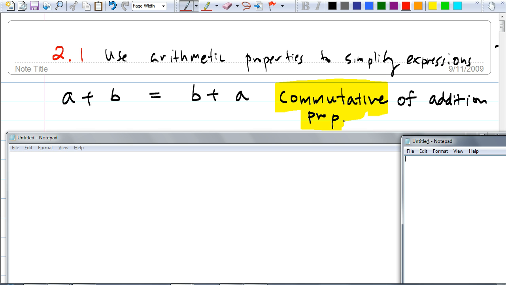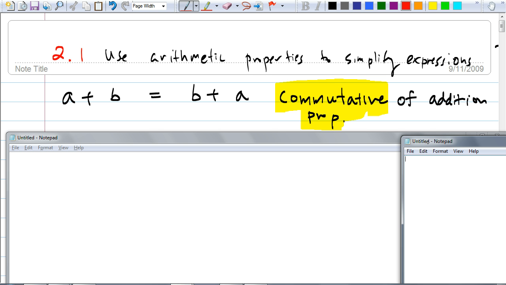So today we're going to learn these names, because today's homework is going to ask you. They're going to give you an example like this and ask, what property are they using? And you have to be able to identify it. Now, do you know there's another operation where